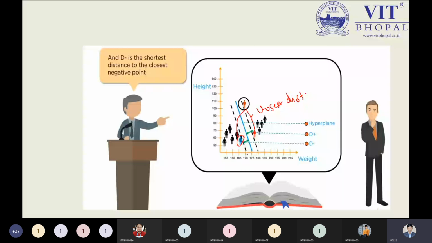So the shortest distance between the hyperplane and the support vector, that is D plus or D minus we can say, identifies the negative data point and the positive point. So if I try to do the summation of D plus and D minus, what can I get? I can get the same value as the maximum space,